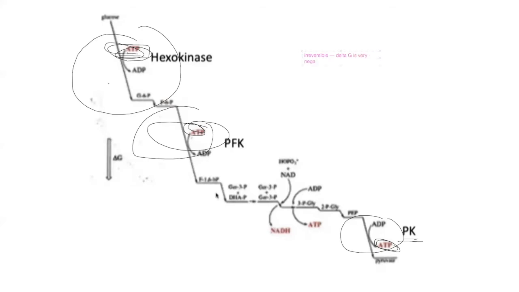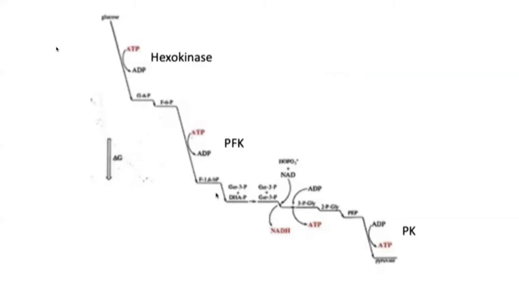And also, because these steps are so-called irreversible, they are known to be points of control. So if you ever want to control how much this pathway runs, you need to look into these steps because they're the ones that really affect the pathway as a whole. And so, explaining that in an energy diagram,